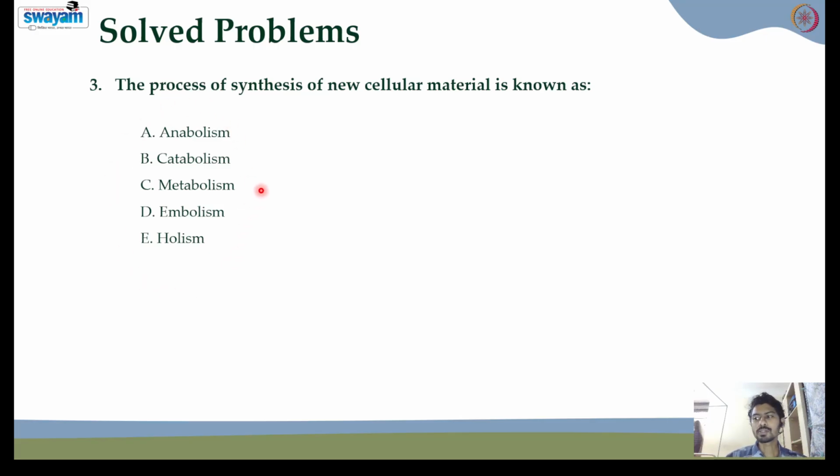So, the process of synthesis of new cellular material is known as: option A, anabolism; option B, catabolism; option C, metabolism; option D, embolism; option E, holism. So, what is the answer? You can type your answer,